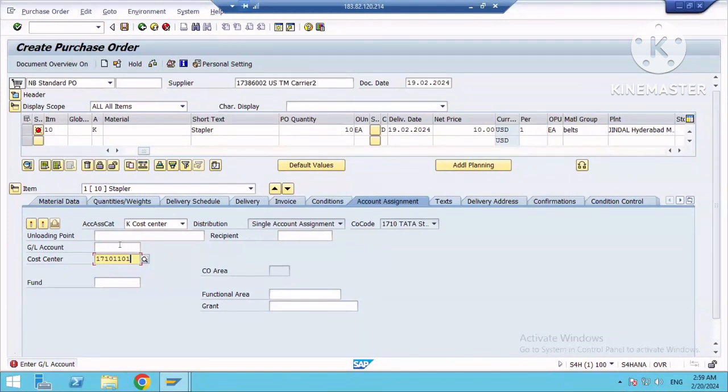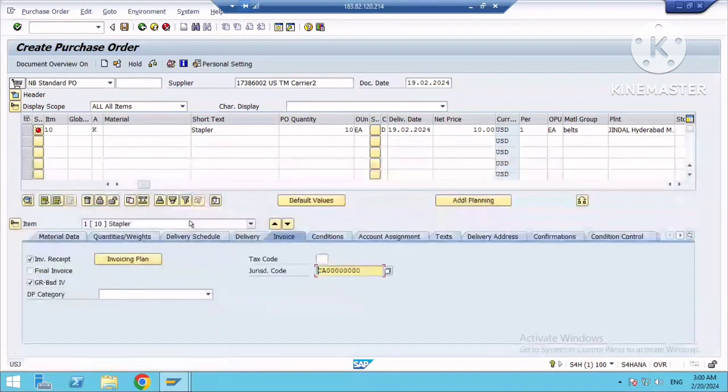Again, the GL account would normally come in automatically, but right now it is not coming automatically in my system. Later I will tell you how you can find out the GL account. Press enter. The tax jurisdiction. And now here you can see, guys,